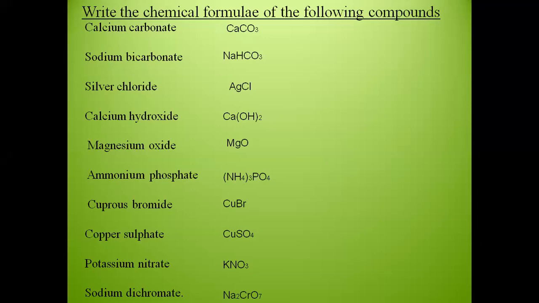It's an error here. The 2 has not come because it's dichromate. The answer would be Na2Cr2O7. Please, students, make the correction here. Do not write the way it is given on the slide. Write the way which I am telling you. It is Na2Cr2O7. I forgot to mention 2 here. So please make this correction. The answer would be Na2Cr2O7, because the question is sodium dichromate. Is it clear? Has everybody understood this? Did you all understand how to write the chemical formulas?